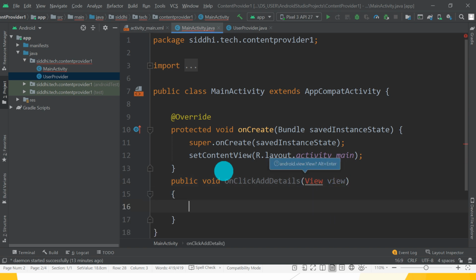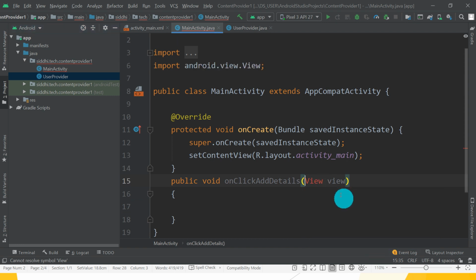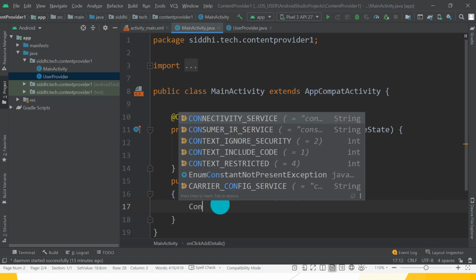Great. So press Alt Enter to import the class. Okay, great. After that, what we have to do, we have to create content